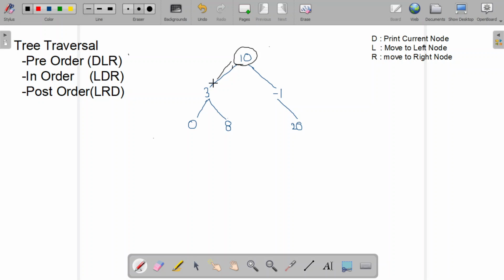Here we are going left, suppose here we are applying LDR, going left, again applying LDR, going left, again applying LDR, going left, the node is null, we are coming back, and then printing the current node.